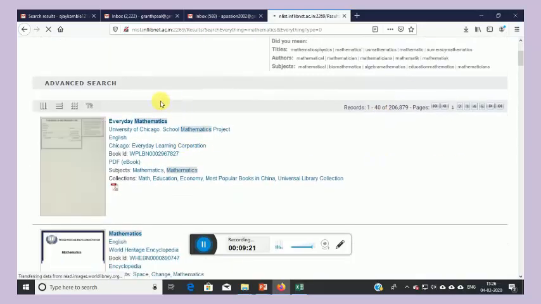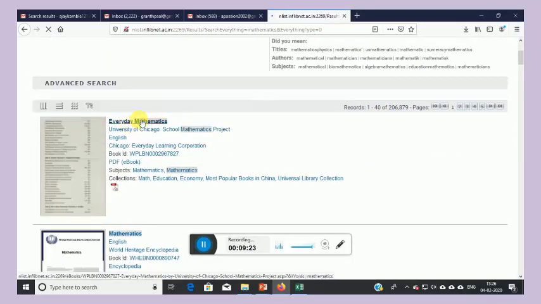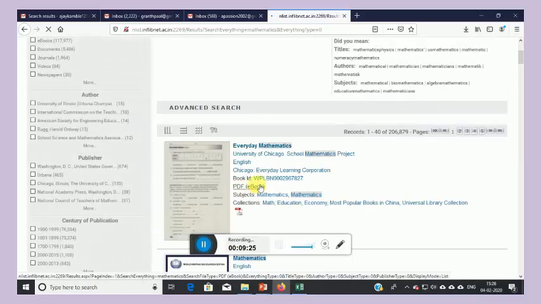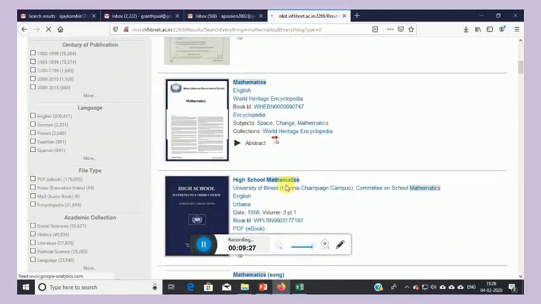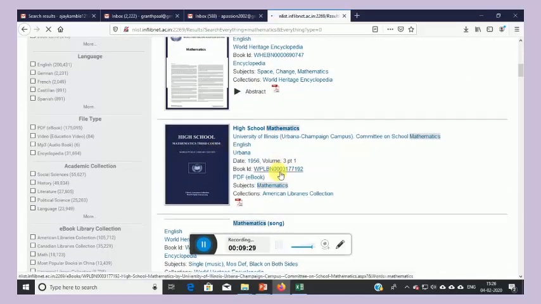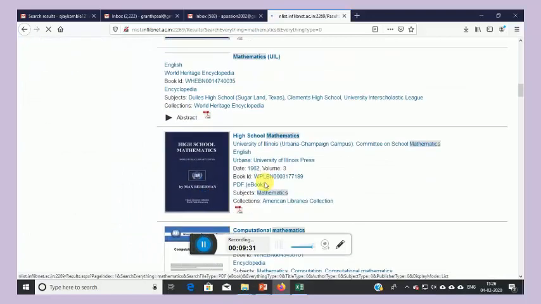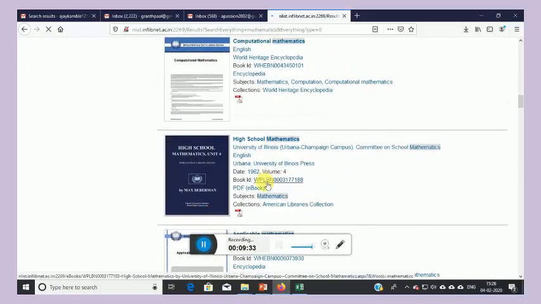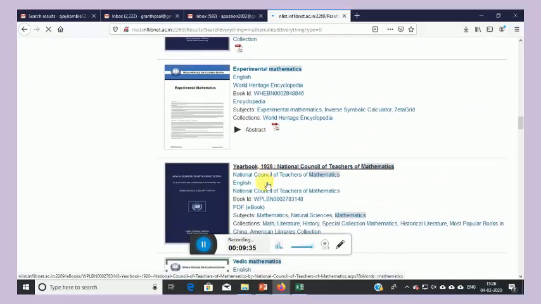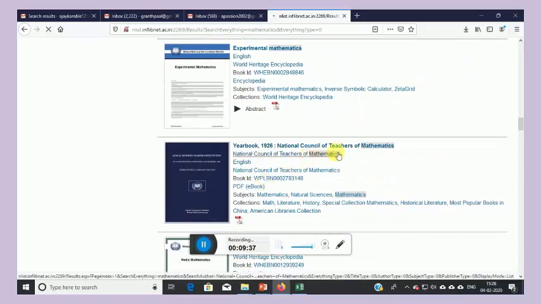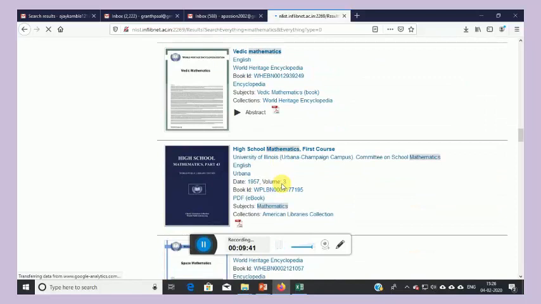Yeah, regarding mathematics, we have got Everyday Mathematics book, Mathematics, then High School Mathematics, Third Course. Yeah, a list of books which have the word mathematics in their title is being displayed here.